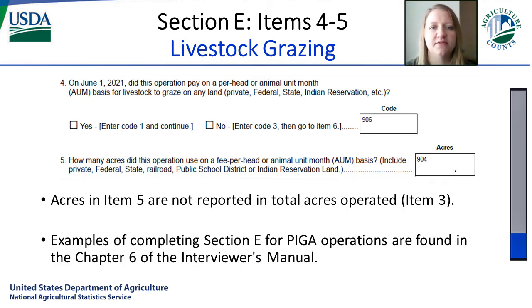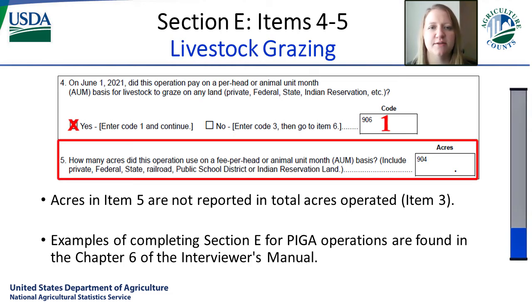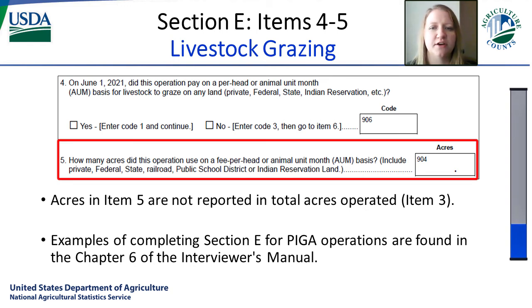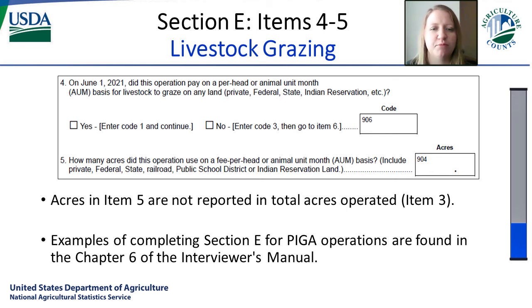Item 4 asks if the operation on June 1st paid for livestock to graze on any type of land, either on a per head or animal unit month, or AUM, basis. If yes, check the box and enter a code 1 into box 906 and complete item 5 with the number of acres the operation used for grazing livestock. If no, check the box and enter a code 3 into box 906, skip item 5. Acres in item 5 are not reported in the total acres operated in item 3. If the operation has PIGA land, refer to chapter 6 in the interviewer's manual for examples on how to complete